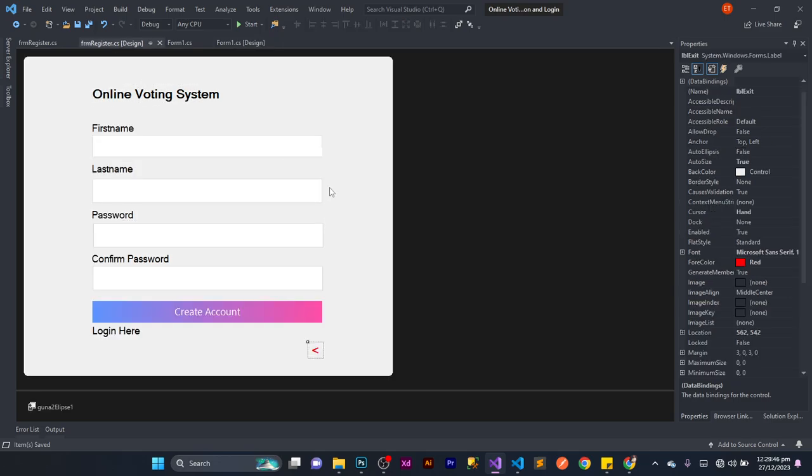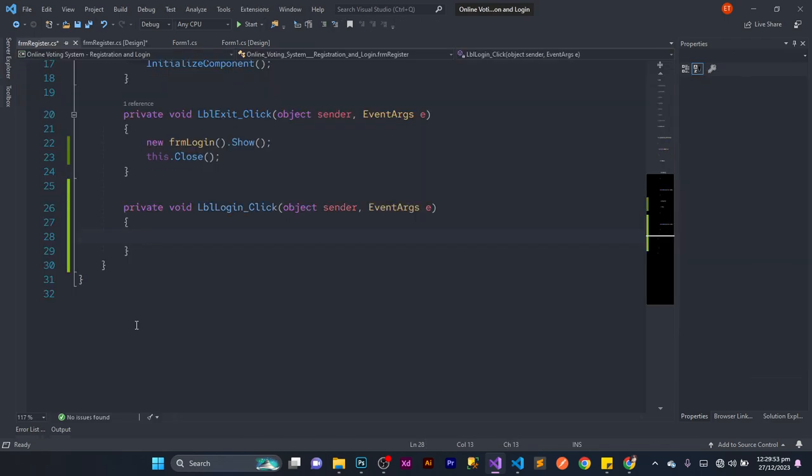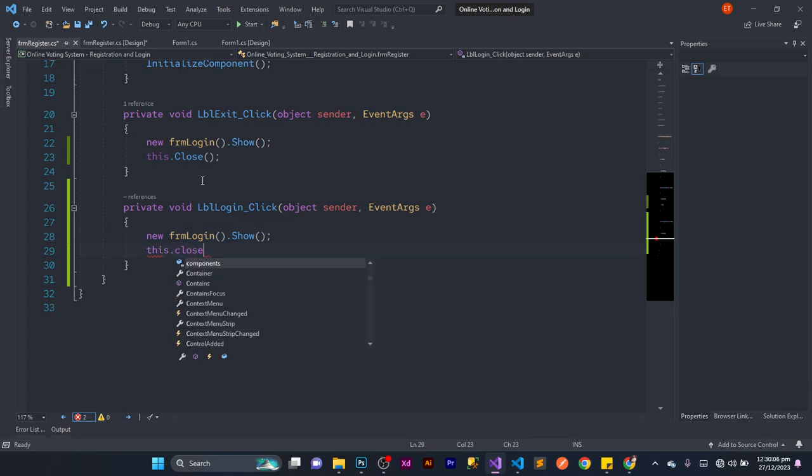Okay, let's go back, and then when you click on the login here too, that should also do the same thing, new frmLogin, like so, .Show, and then we can say this.Close, like so. Exactly. Let's go back,